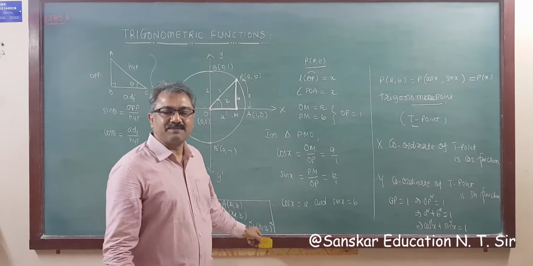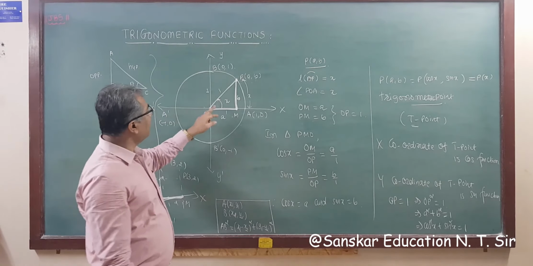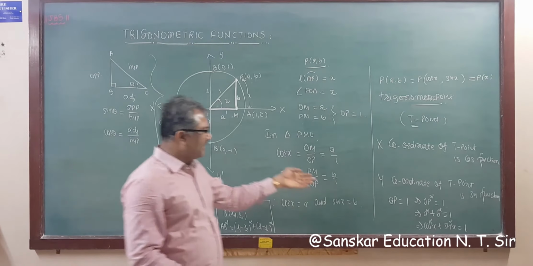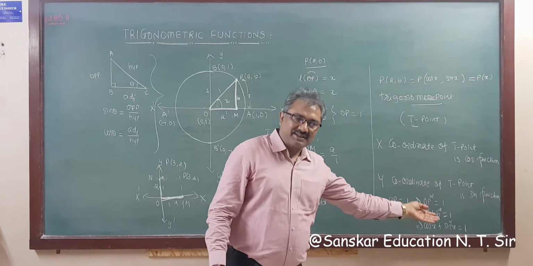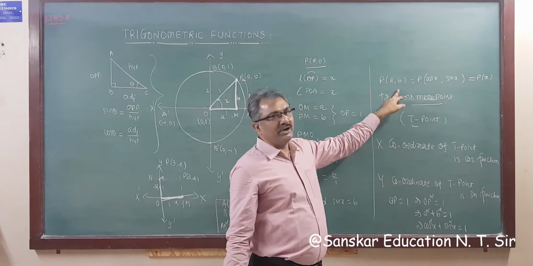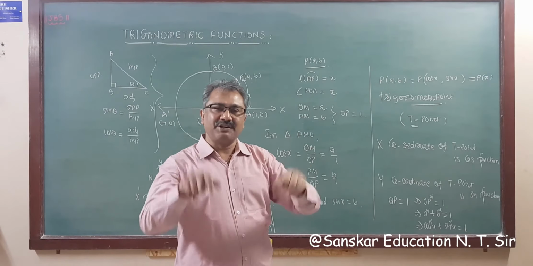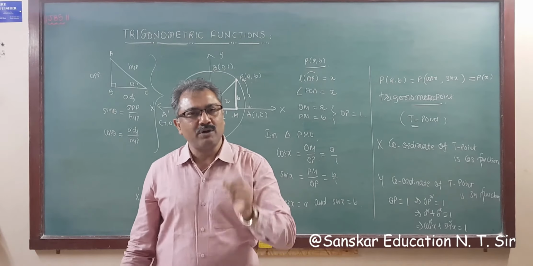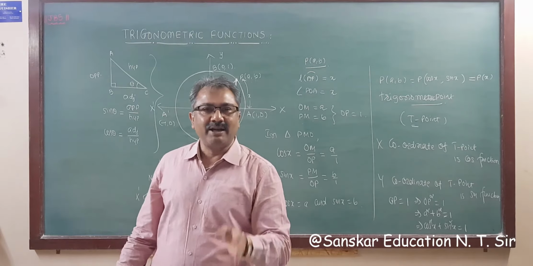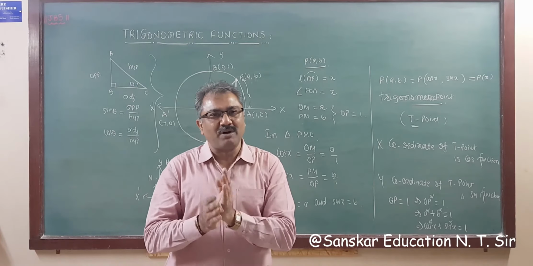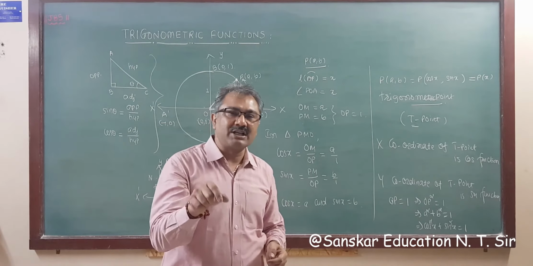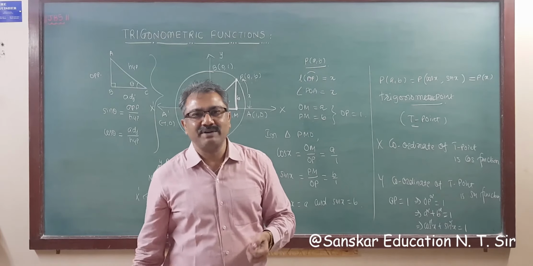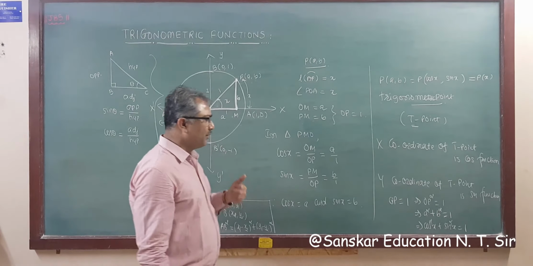So cos square x plus sin square x is equal to 1. If you take angle theta, then your identity will be cos square theta plus sin square theta is equal to 1, and the trigonometric point will be P(x). Instead of x, we are taking theta. So P(theta) is equal to (cos theta, sin theta). That means you have to remember the trigonometric point. In the trigonometric point (x, y), the x coordinate is always the cos function and the y coordinate is always the sin function. That you have to remember.